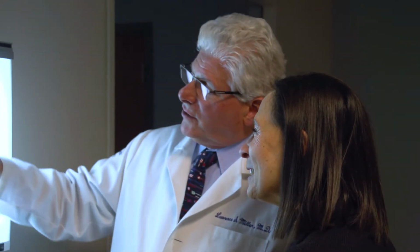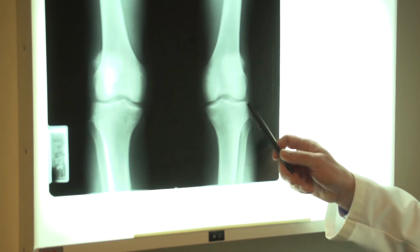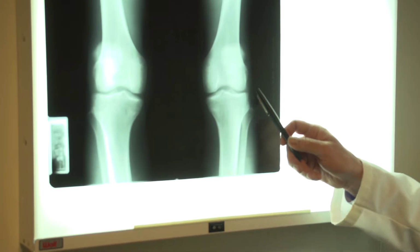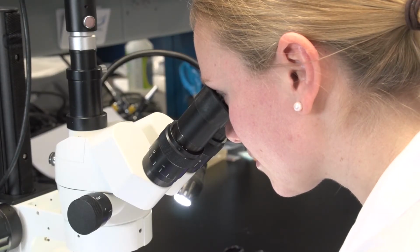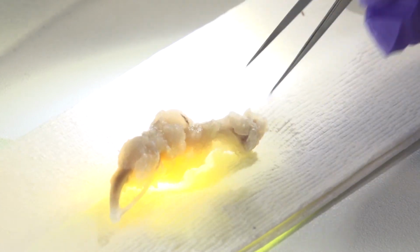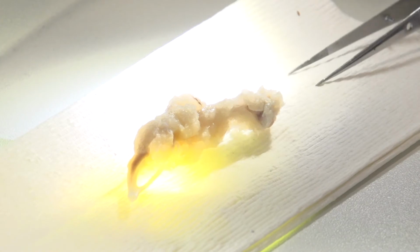So what are we looking at, Dr. Miller? We're looking at a knee joint in a young person who had an injury that damaged a structure called the meniscus. We don't have any drug available that's going to modify the inflammatory process which attacks cartilage cells. So it's very important to come up with something that can block the inflammatory phase, can block the degradation of cartilage cells, so that perhaps we can delay surgery, prolong the health of a knee, or maybe one day, for all we know,